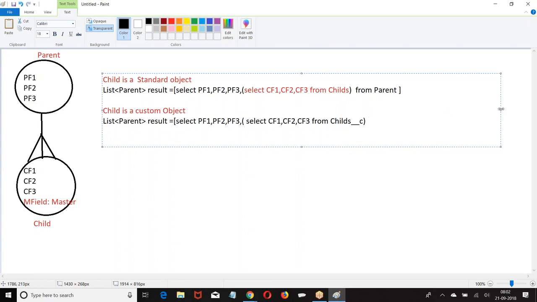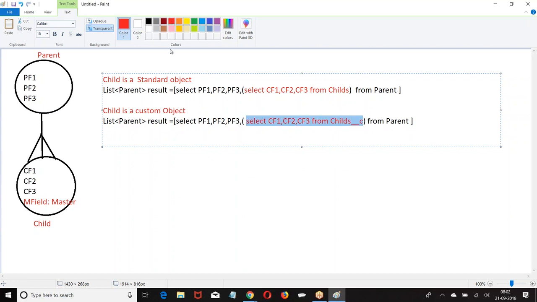If this is a child object, childs from... what was that? If it is a child object, underscore underscore C. This is when both the relations are created by Salesforce.